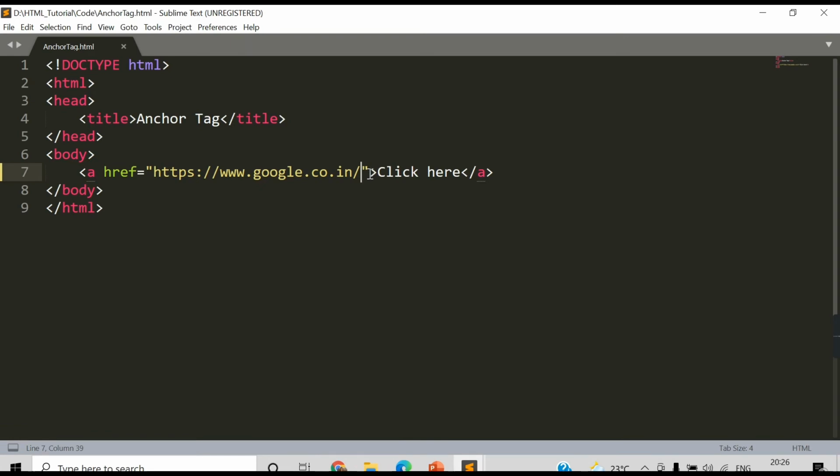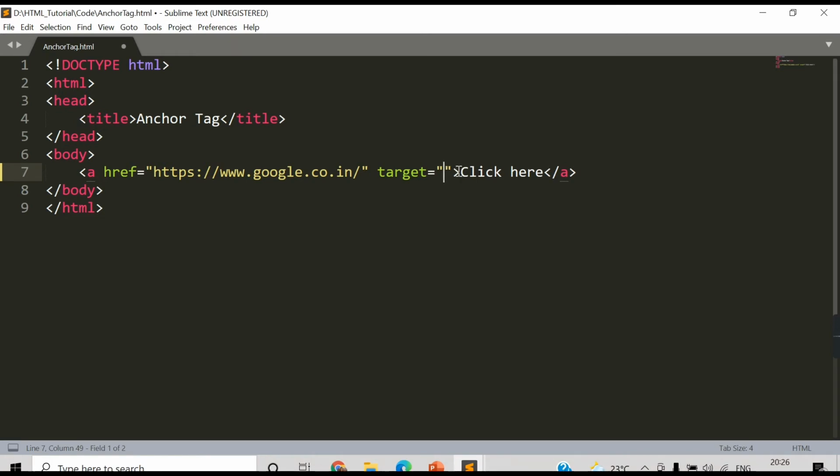We can do this with the help of the target attribute. The target attribute is used along with the href attribute in the anchor tag. If you don't provide any value to the target attribute, it will behave as it currently does, meaning it will redirect to the next page in the same tab only.